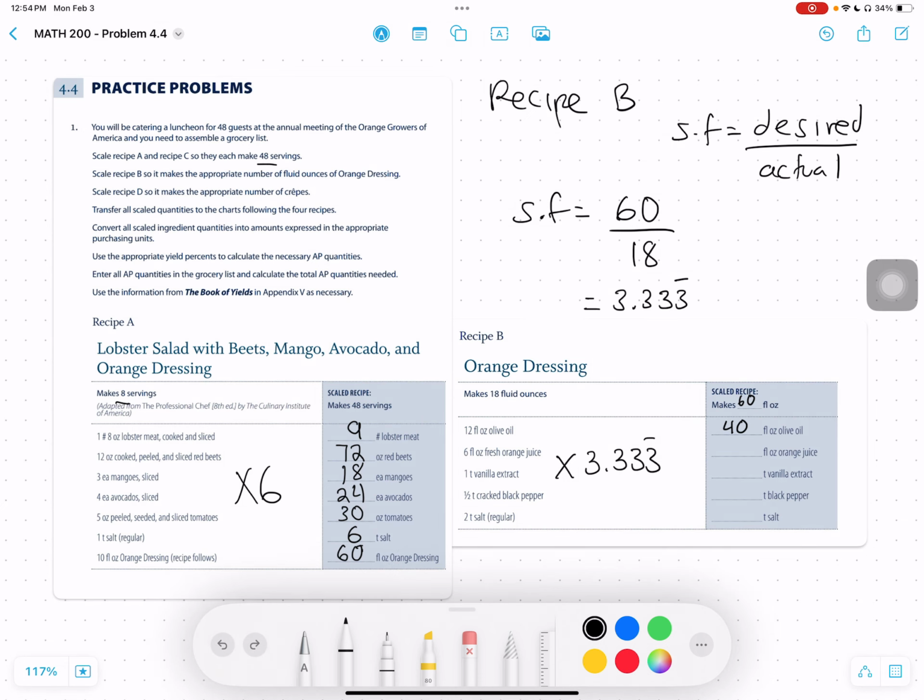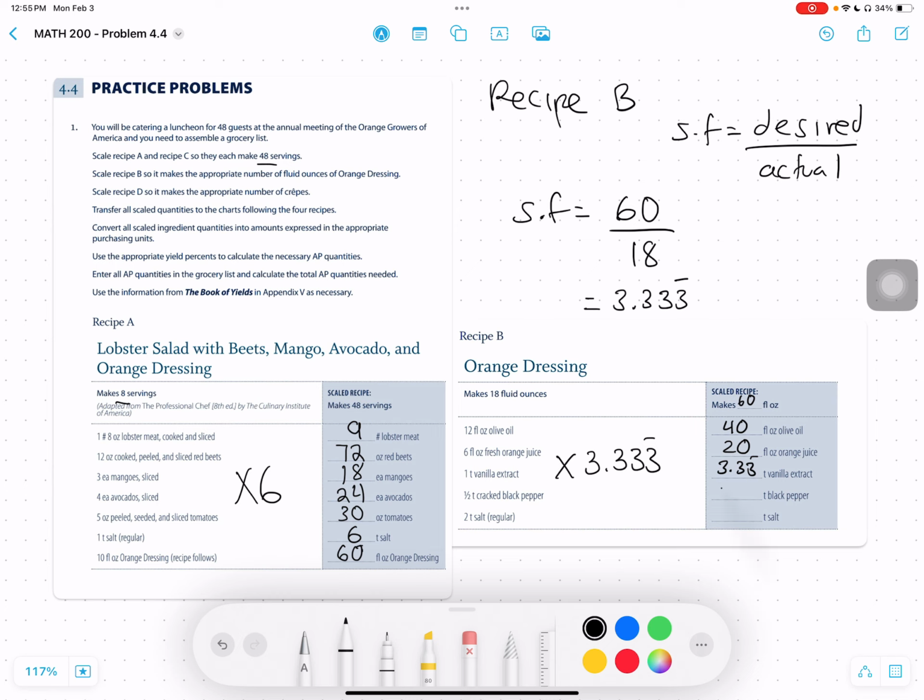Okay, next number that I'm multiplying is 6 times 3.3 repeating. So 6 times 3.3 repeating, that is 20. Then 1 teaspoon times 3.3 repeating will be 3.3 repeating teaspoons, or 3 1/3. And then half teaspoon of cracked black pepper, so 0.5. I'm multiplying times 3.3 repeating